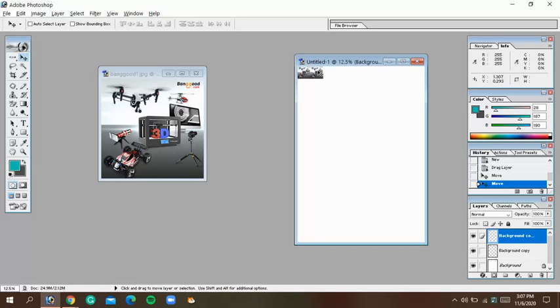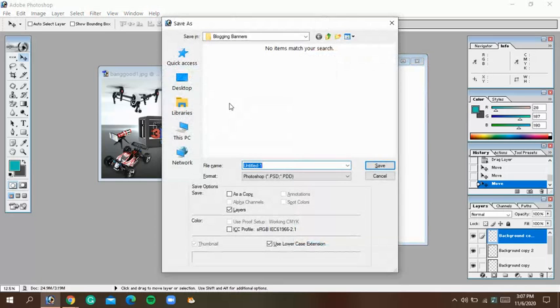So if you select a high resolution image, then when we drag it here, it will be seen as big. Next, again press Alt and then left click of the mouse and then drag it here. So that's very great. And if you want to save it, press Control S from your keyboard,